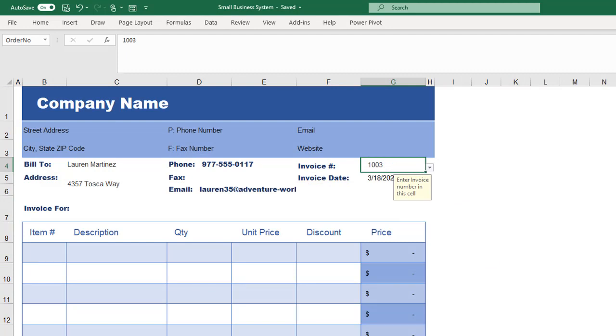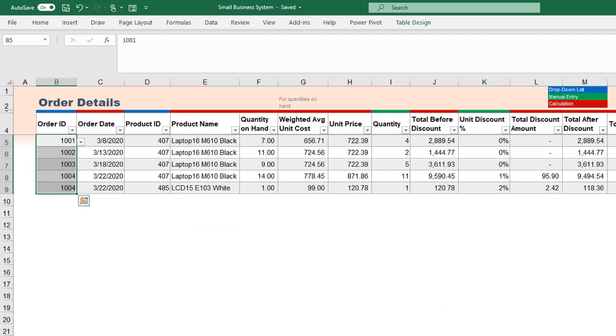Once we find out which rows here belong to the order ID that is selected in the invoice sheet,